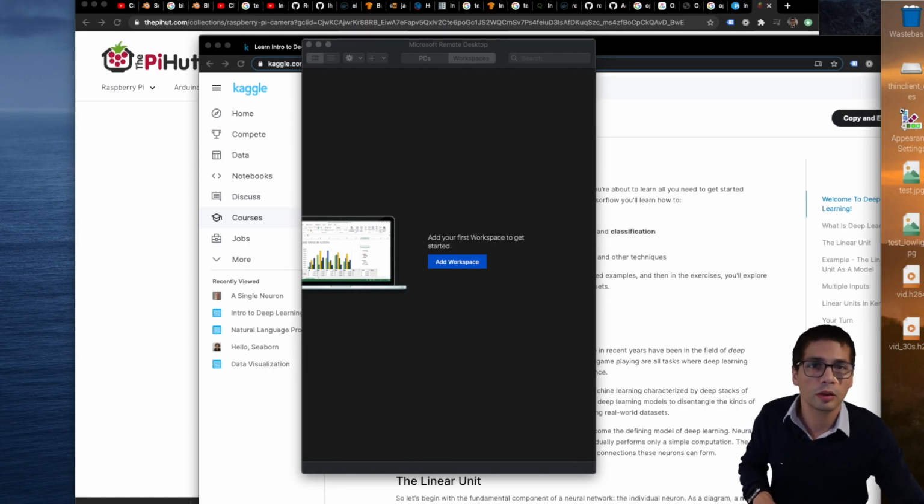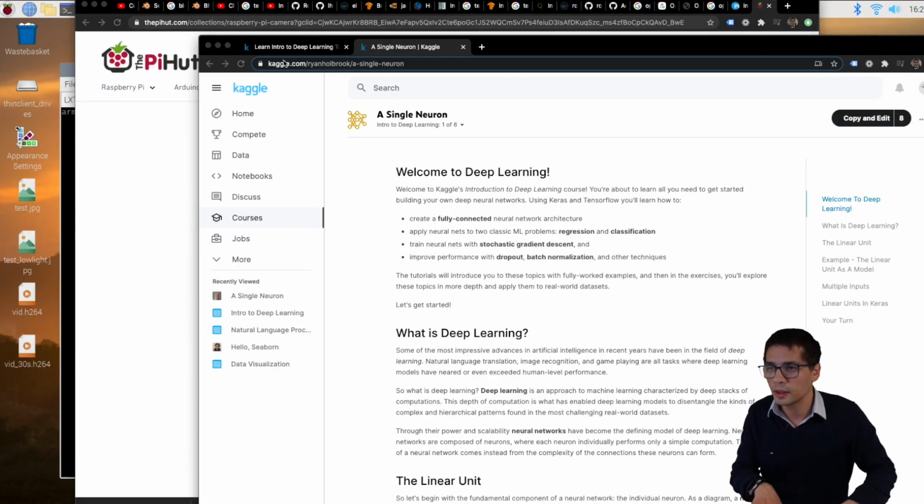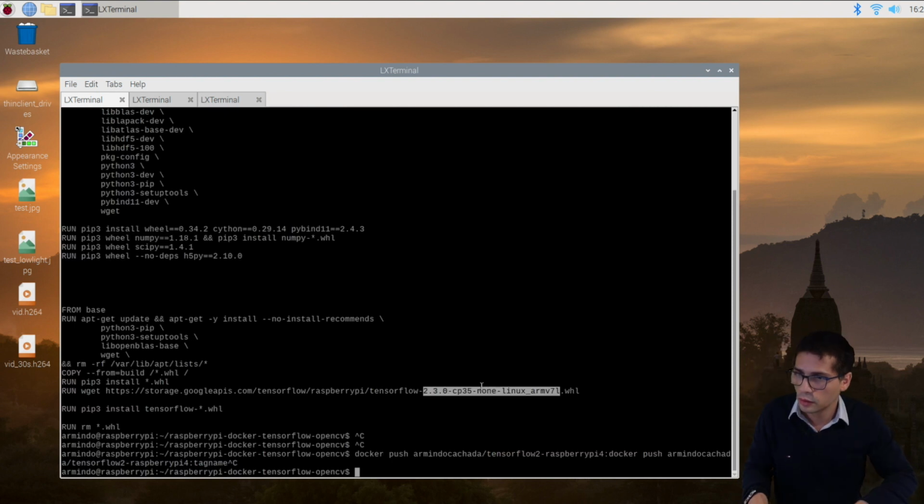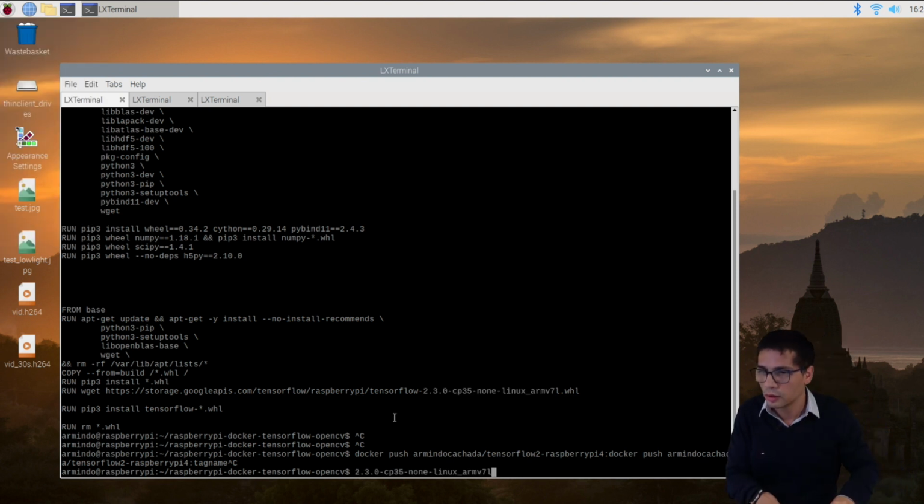So I can do a Docker push. So basically the command is this one. I need to use sudo for now. And I'm going to try and use the actual version number here, so I identify which version number I'm using. So I'm pushing the image I have created. Of course I always need to put sudo for now.